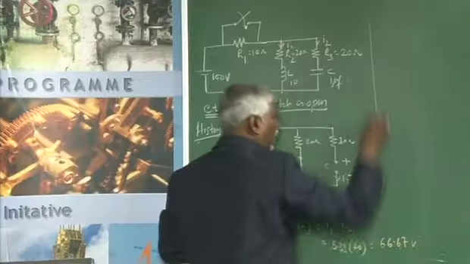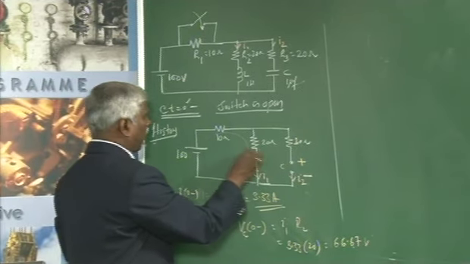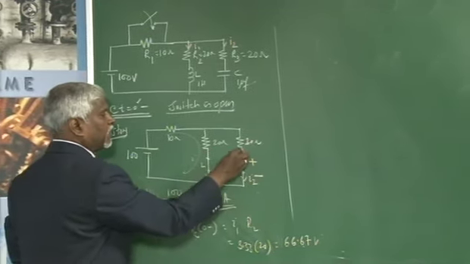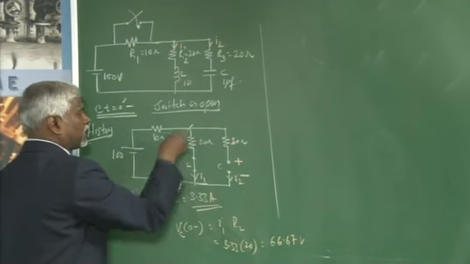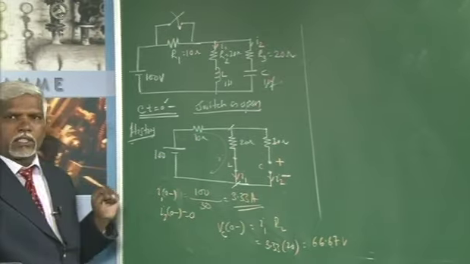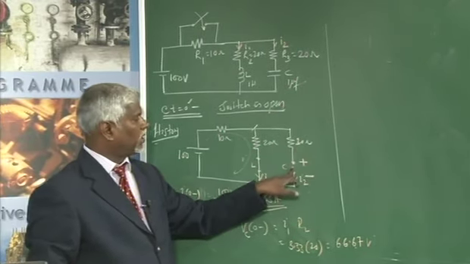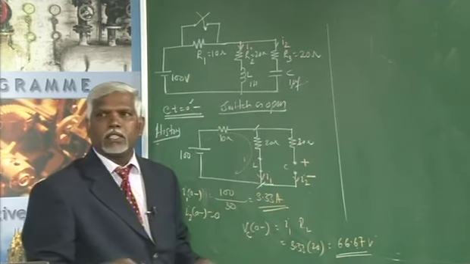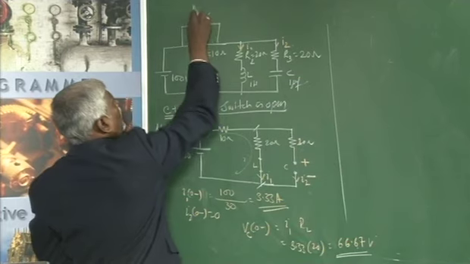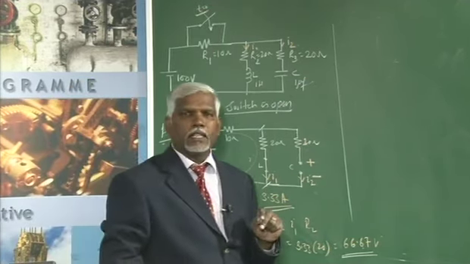So, this is one part. This is the history of the network. We have seen that the current through this is 3.33, the current through this is 0, but there is a voltage across the capacitor, which is nothing but the voltage across this parallel branch. The current through this is 0, the voltage drop across 20 ohms is 0, and the voltage across the capacitor is 66.67. Now, the switch is closed at t equal to 0. At t equal to 0, the switch is closed, the resistor becomes redundant,